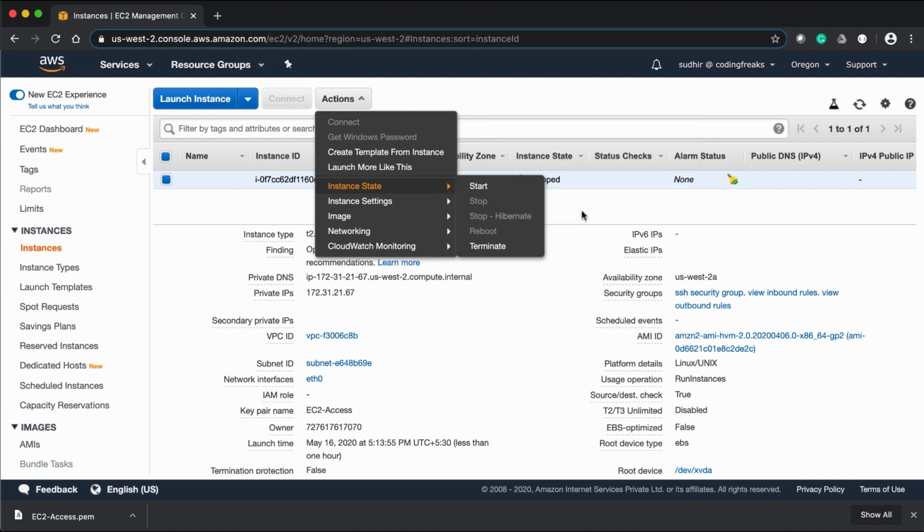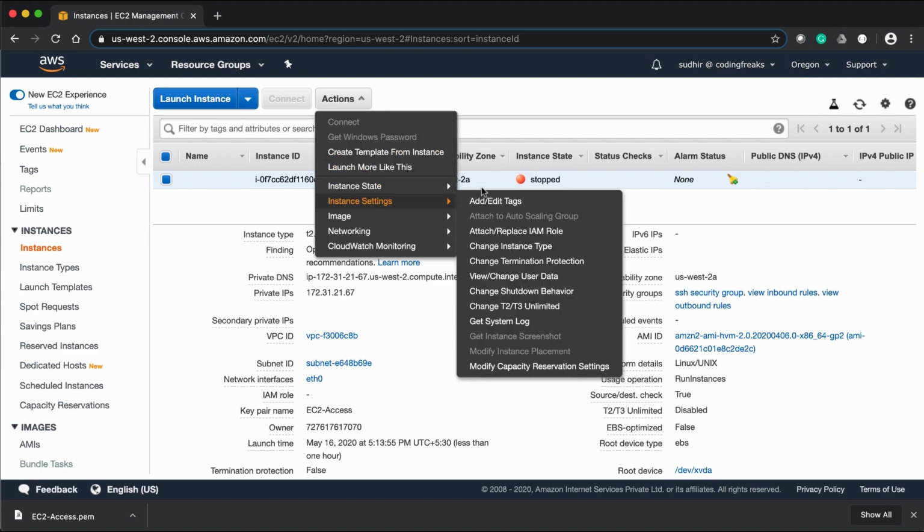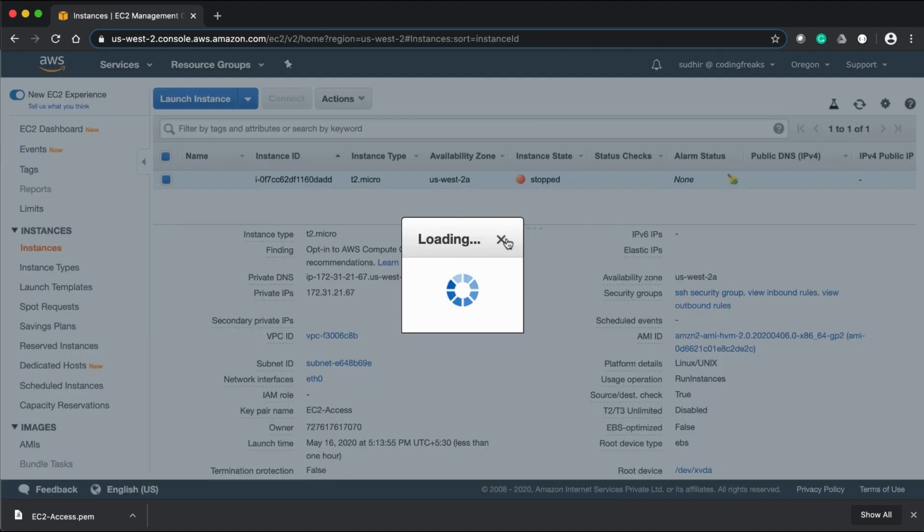I'm just going to terminate this now. The benefit of having this stopped instance is that it will not be charged for compute resources, but the storage of the 8 GB EBS volume will be charged. This is free tier eligible, so we won't have any issue at this time. Post the free tier time, we have to pay for this storage. If we want to have this instance running, in that scenario we have to pay for compute and for storage also. For now, I'm terminating it. Actions, Instance state, and Terminate.